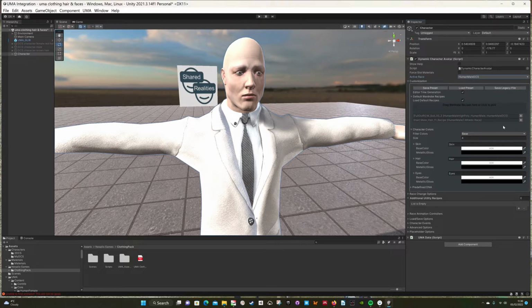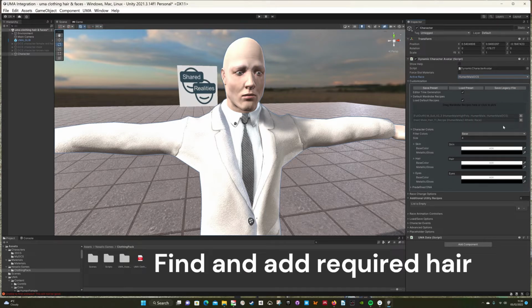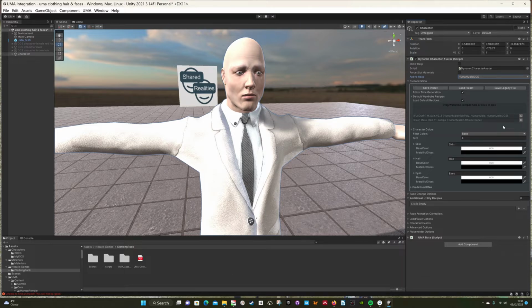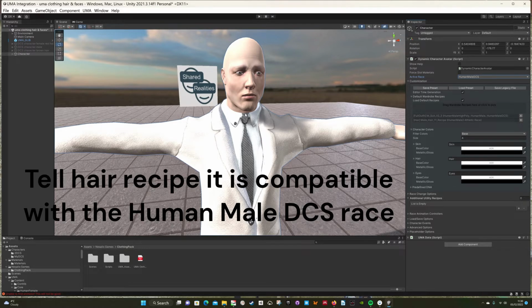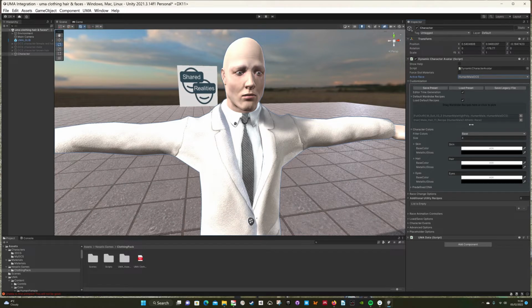Okay. So nothing's happened. Why hasn't anything happened? This is because we haven't told the hair recipe that it's compatible with this DCS character. It's actually been set up for the male to athletic race. The problem is the clothing pack doesn't fit the mesh for the athletic 2